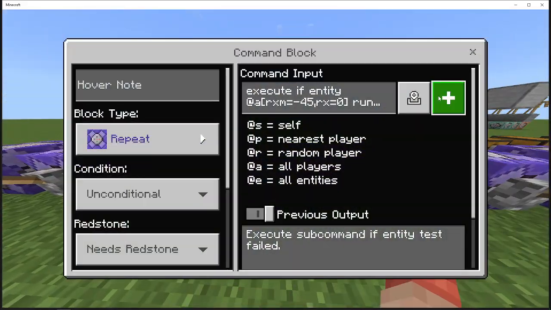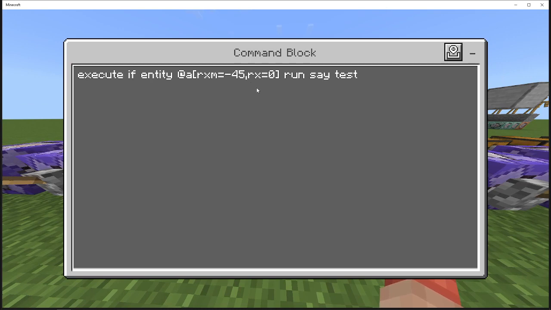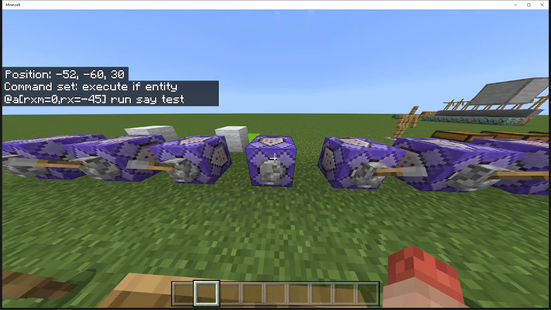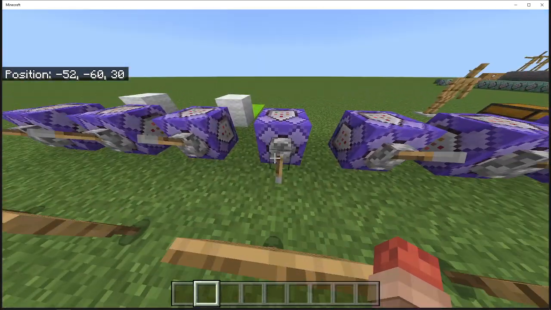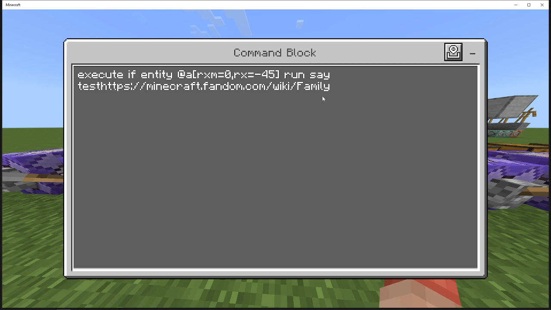I forgot to mention this, a tip I like to remember so I don't get confused in writing this: whenever I have two numbers that are different, whatever the lower number is, I put in the RXM. That helps me remember, because if I did this as 0 and this as -45, it won't trigger on anything because of that. So put the lower value into, whoops, I pasted,